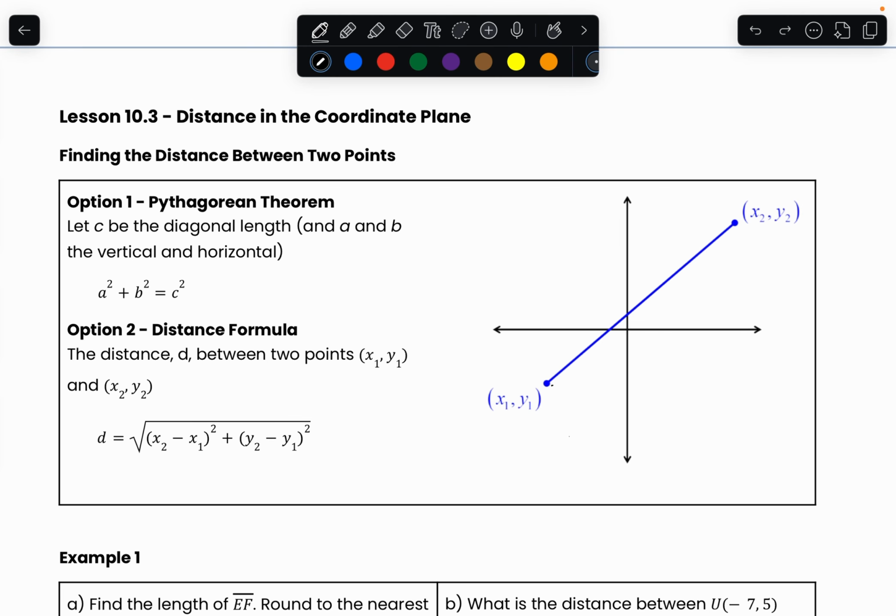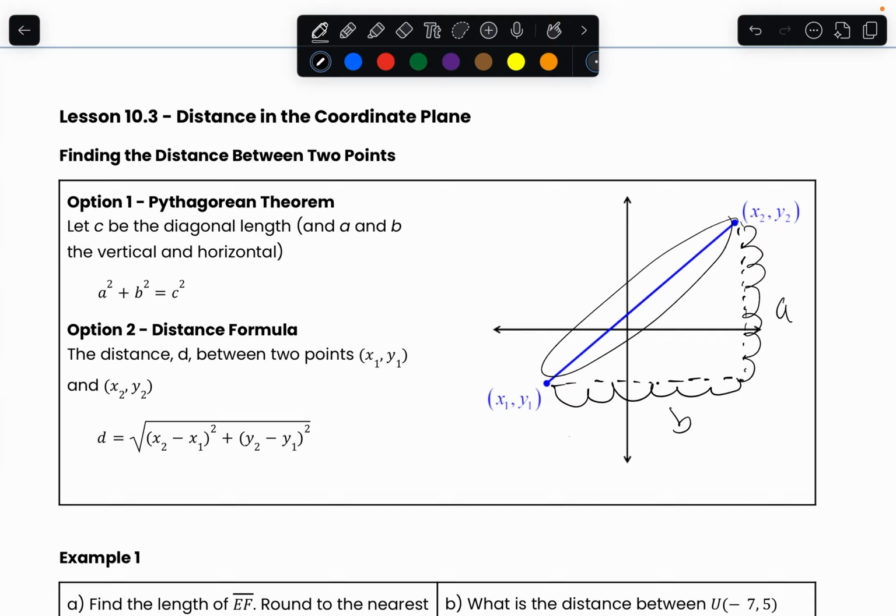If you remember what we did in the last unit, on the sides of my parallelograms and stuff, I draw these lines that extend it out, and it'll make a triangle. Now, to figure out this missing side, on the graph you can just count the length of this side, I'll call it A, and this side, I'll call it B. Then I can use A squared plus B squared equals C squared to figure out my length right here. This is what we have done in the last unit.